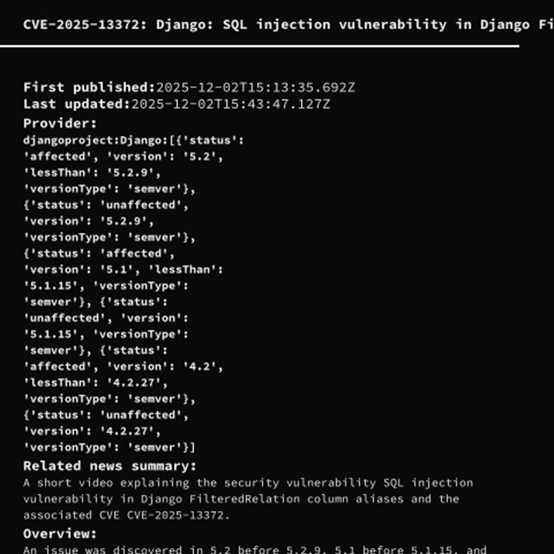In this episode, we explore CVE-2025-13372, a SQL injection vulnerability in Django's FilteredRelation feature. Discovered by Stacked, it allows attackers to inject SQL into column aliases via dictionary expansion in QuerySet.annotate or alias,